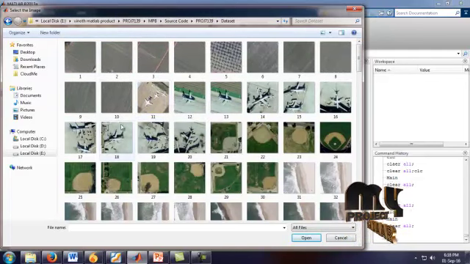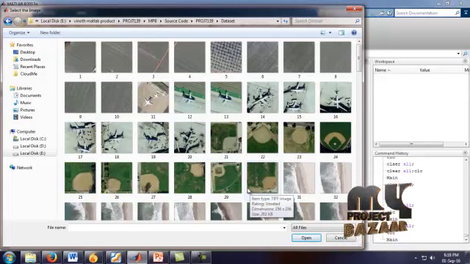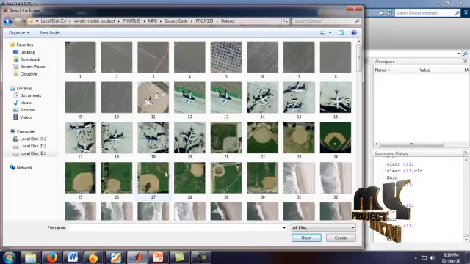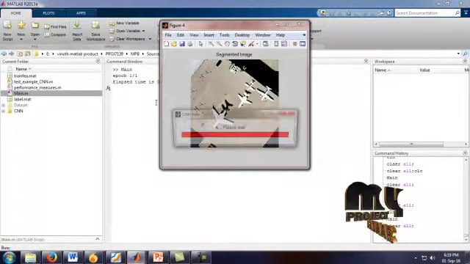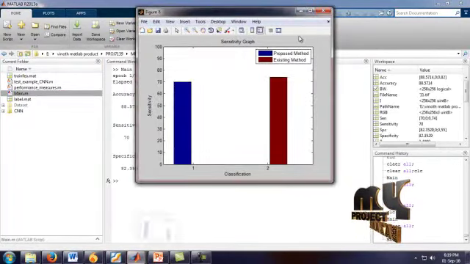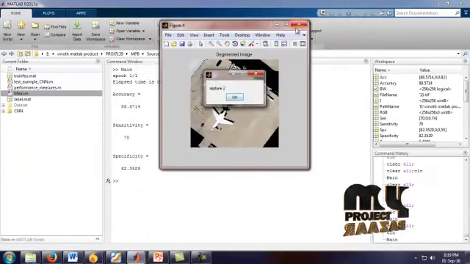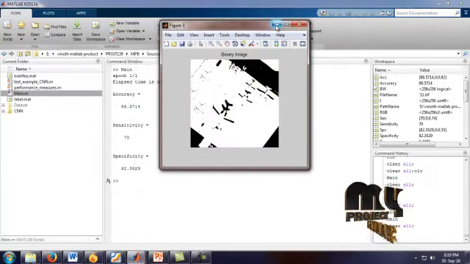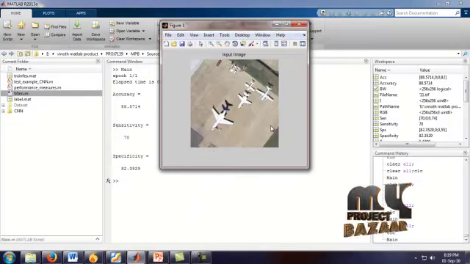Images 1 to 10 mean label 1, 11 to 20 mean label 2, 21 to 30 mean label 3. Like this, the datasets are stored in the labels. In that label we can select any one of the images. It is our input image. It is our output. It is our input image of the given project.